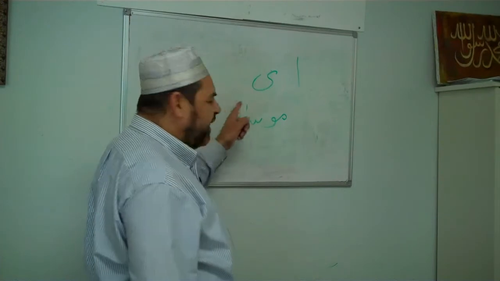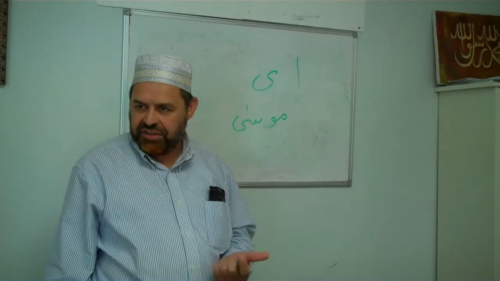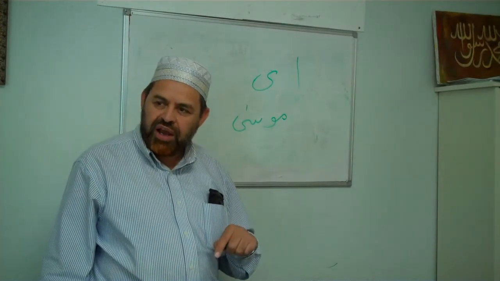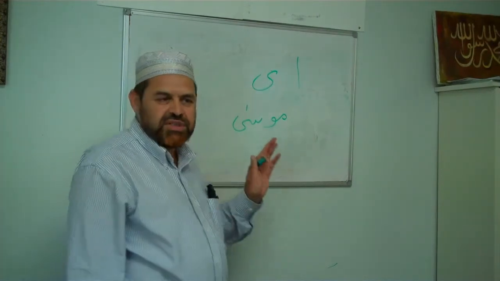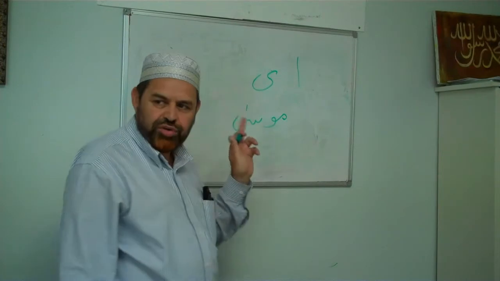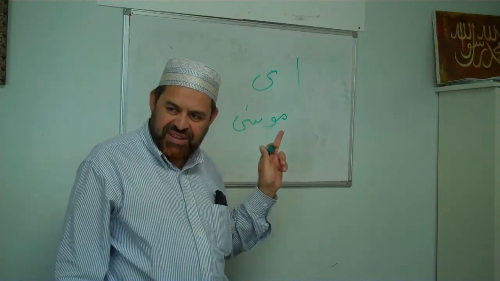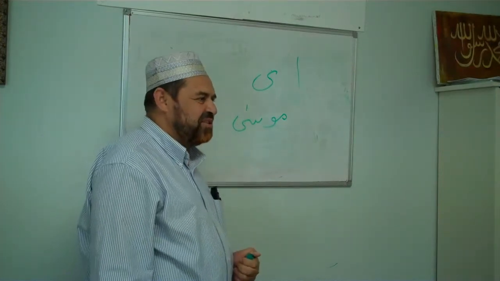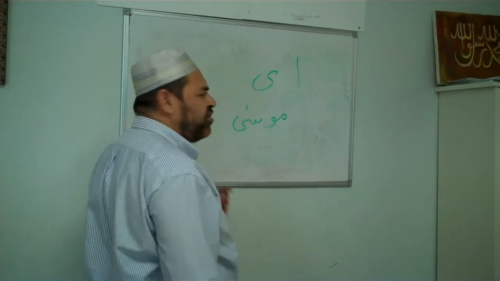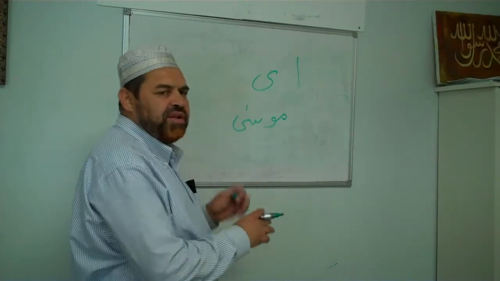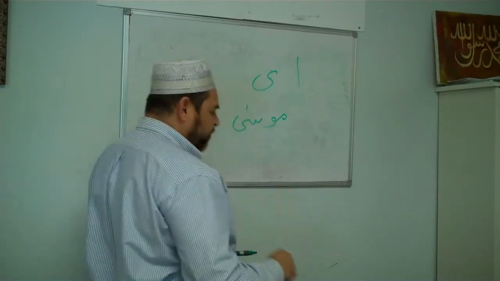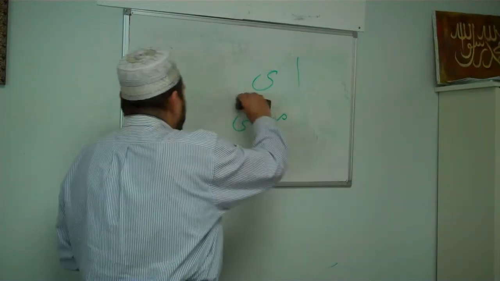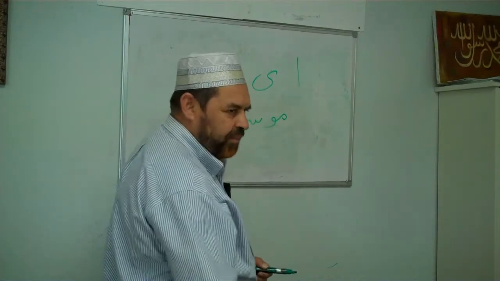But it is again an optional thing. If you want, you can write it. If you don't want, you can leave it, because this is the other alif, and we are going to talk about this alif as well. That will be the next topic of today's lesson. Maybe a fatha. There is no need of fatha also, because this is the second vocalization, the second layer. So without this alif also, you will read it Musa.